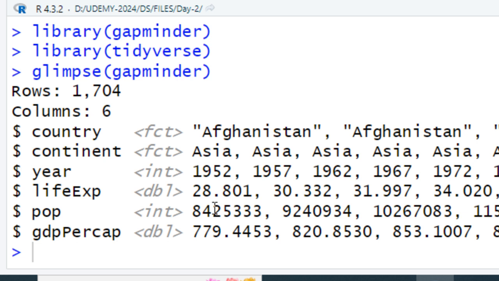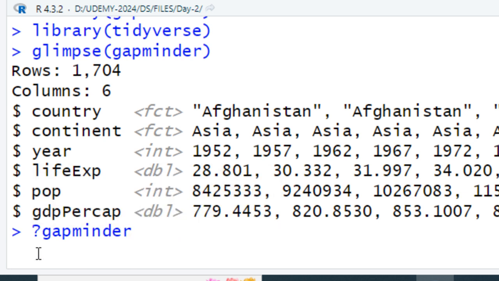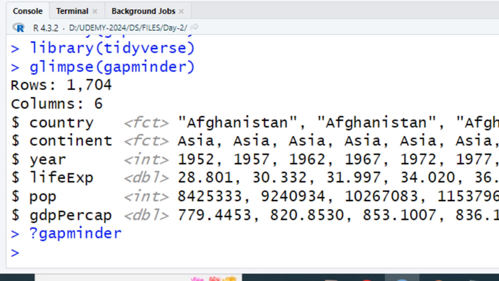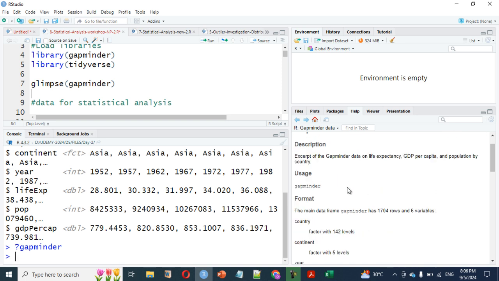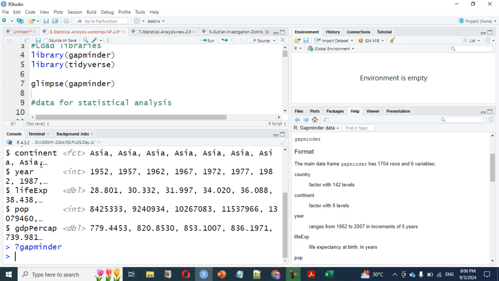So we can check further by just typing here. Let's just say gapminder. Let's see more about this data set. You can see here the gapminder data description, an excerpt of the gapminder data on life expectancy, GDP per capita, and population by country. All right, so we have each of the parameters, I mean, variables